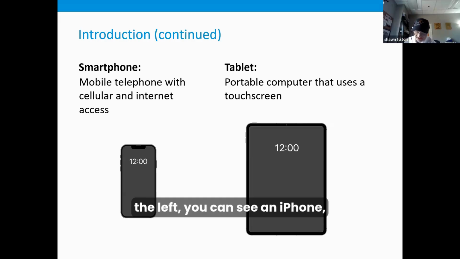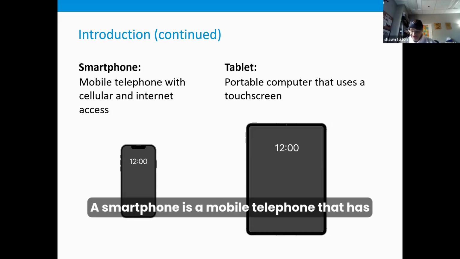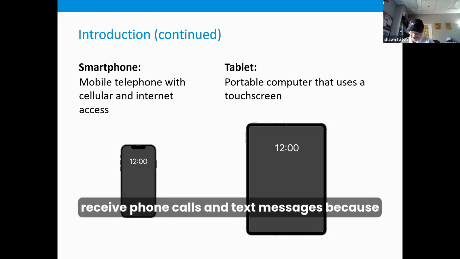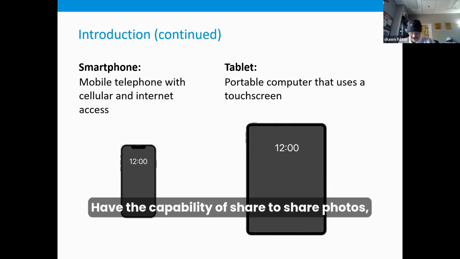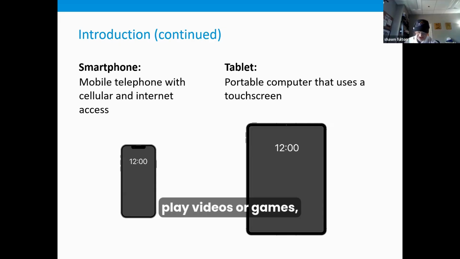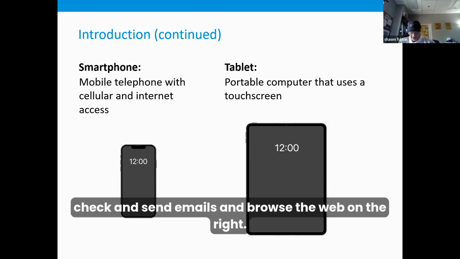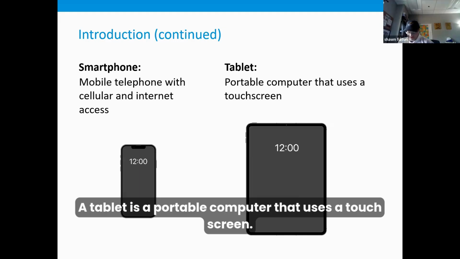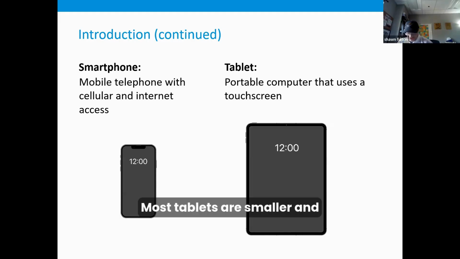On the left, you can see an iPhone, which is a kind of smartphone. A smartphone is a mobile telephone that has both cellular and internet access. Smartphones allow you to make and receive phone calls and text messages. Because they're connected to the internet, they also have the capability to share photos, play videos or games, check and send emails, and browse the web. On the right, you will see an iPad, which is a kind of tablet device. A tablet is a portable computer that uses a touchscreen. Most tablets are smaller and weigh less than a laptop computer,